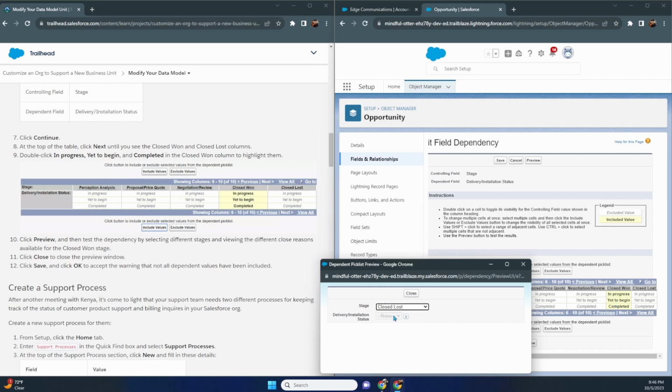But if we go close lost, you can't click anything. So it has to be close one in order for you to change the delivery installation status. And this is a really nice tool to have. It kind of forces people to do things correctly, right? Because if it's anything else, you can't really change this, and you don't want to change this because you may have